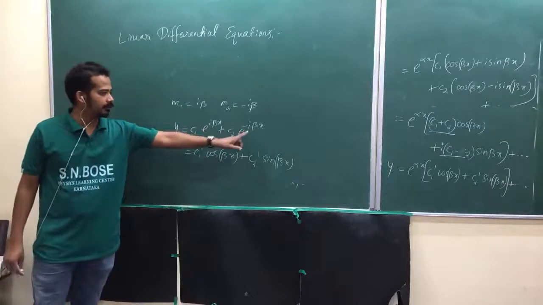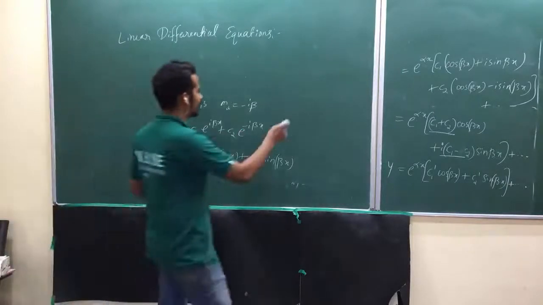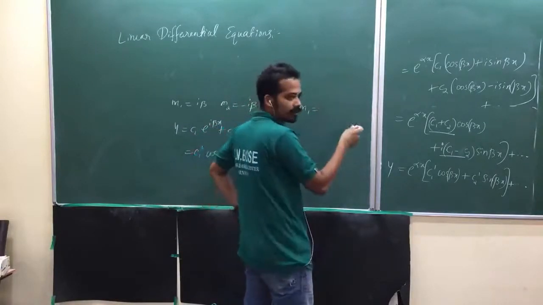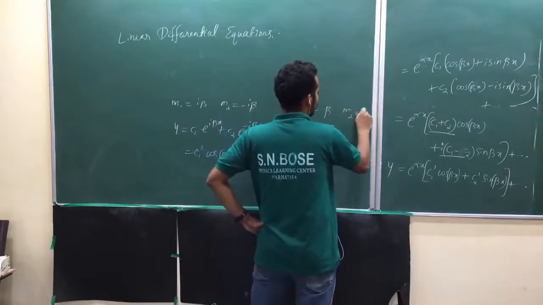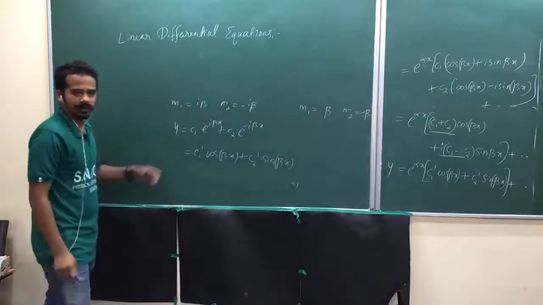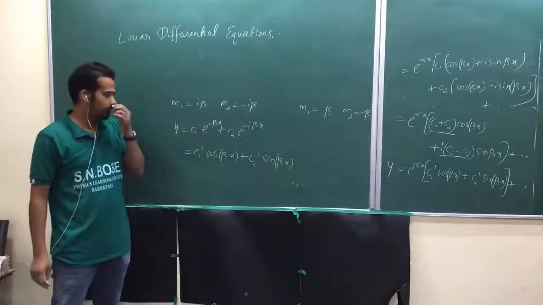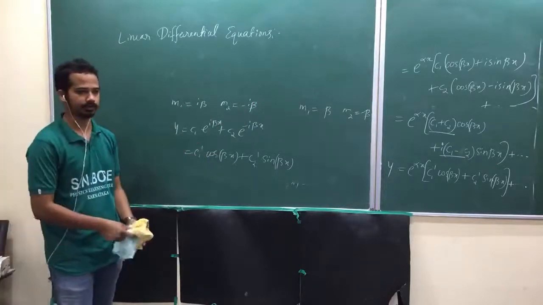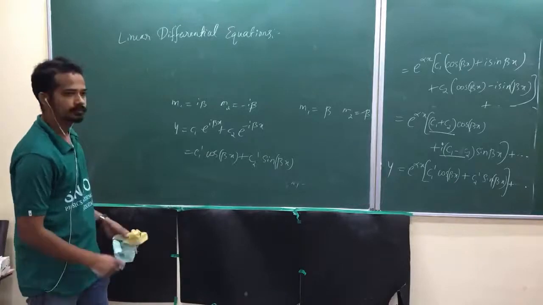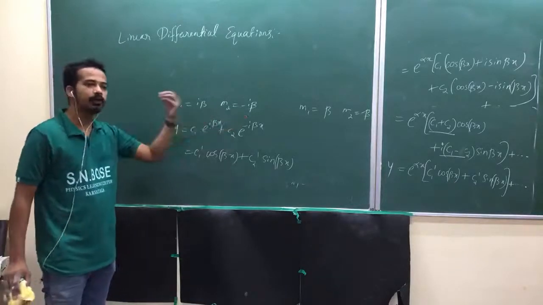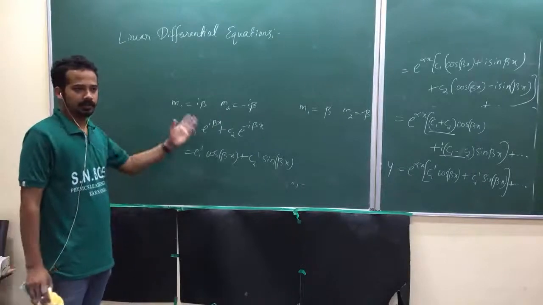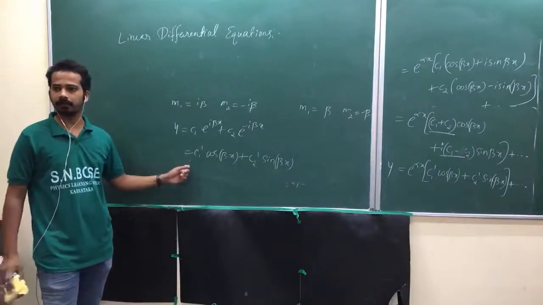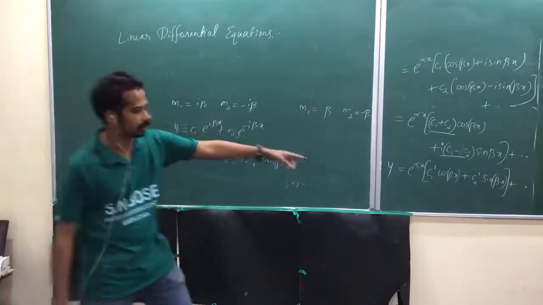If you have I beta, minus I beta, then you can write like this, or you may have this situation, M1 is equal to some real quantity beta, M2 is equal to minus beta, like that. Okay, this is also very frequent situation. Then you can't convert that one into sin and cos because e power I theta will not come over there. Is that okay? That's also very frequent situation in case of Schrodinger equation. If pairs of roots are purely imaginary, can I say like that? Is that okay? If pairs of roots are purely imaginary, you can write like this. There is no e power alpha x term, alpha equal to 0 here. Okay? That common term, whatever I have written, that alpha equal to 0.